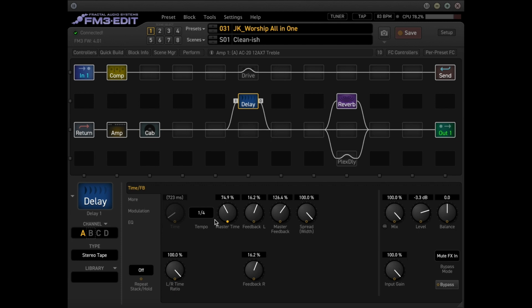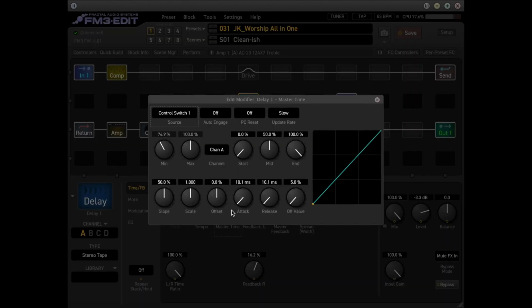So the first one is assigning the master time to a scene controller. So here's what I did. I took my favorite delay, the stereo tape, tweaked the settings, and then I set it to quarter note. Now, you see right here on the master time it's set to 74.9%, and this is just because I couldn't get it to 50%, but if you do a right click,